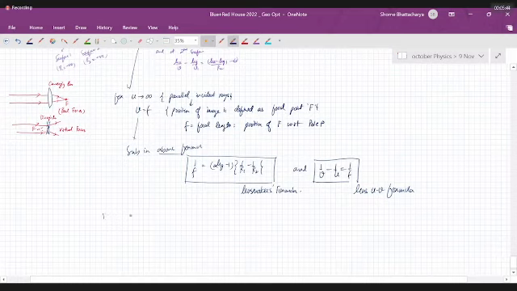So for example, if you have a symmetric biconvex lens with radius of each side, let's say 60 centimeters, and refractive index of glass with respect to air, let's say 1.6, okay, then we'll have,